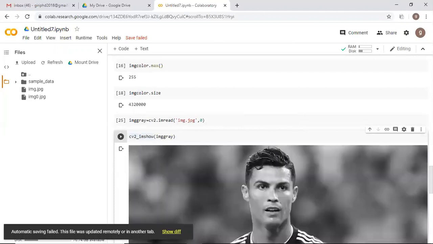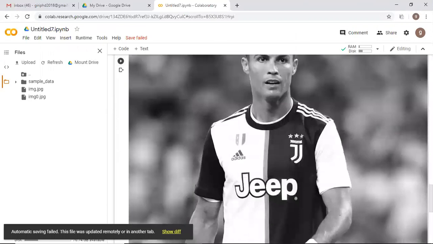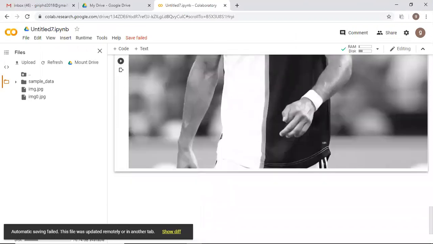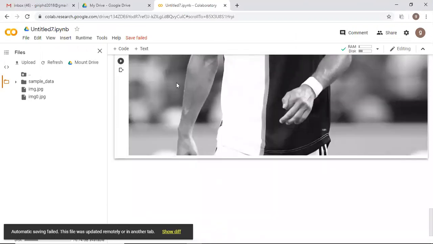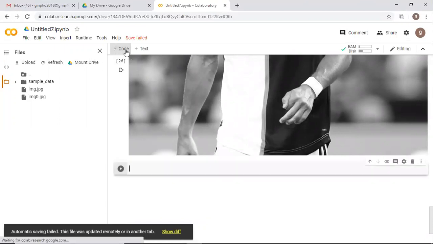Fine. So you can see that we have obtained a grayscale image. While importing the file itself, we are able to change the scale of the image, grayscale or a colored image. We can do it with the help of the CV2 function, which I've already told you. So I just create one object, gray equal to